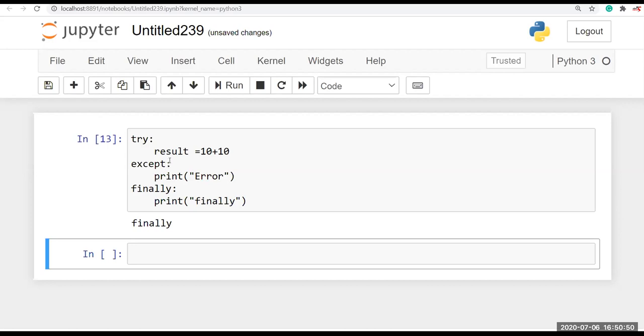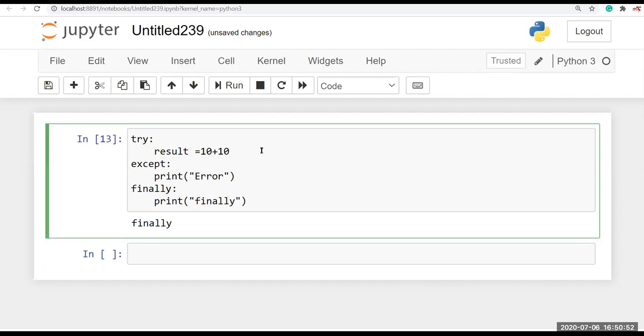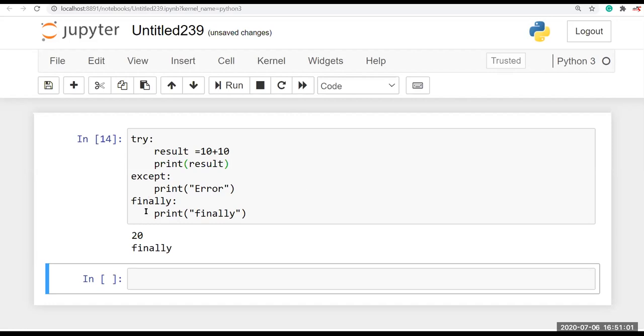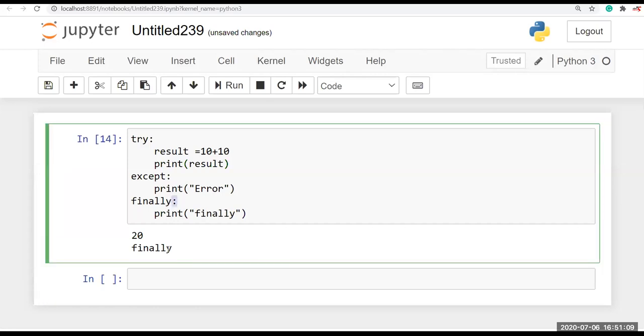So now here I print the result. So try has no error and it prints 20. So finally, the finally block gets executed and it prints the print statement which we have declared in here.